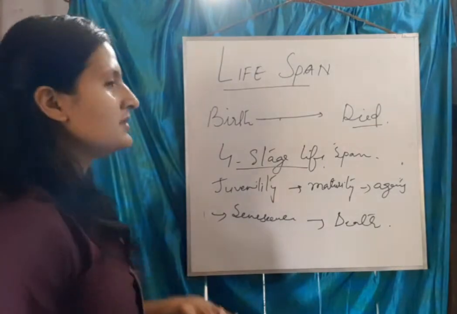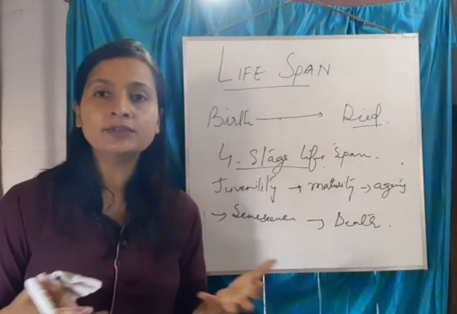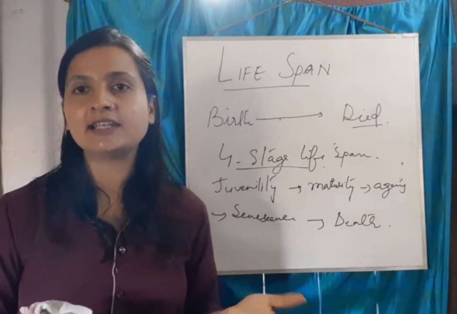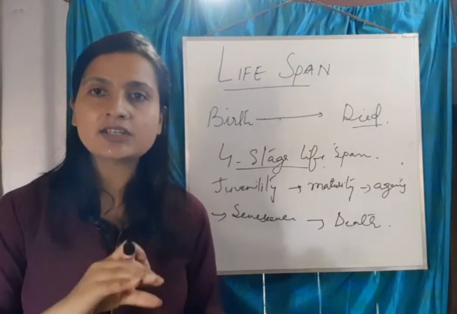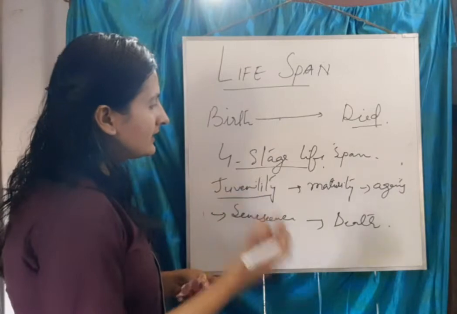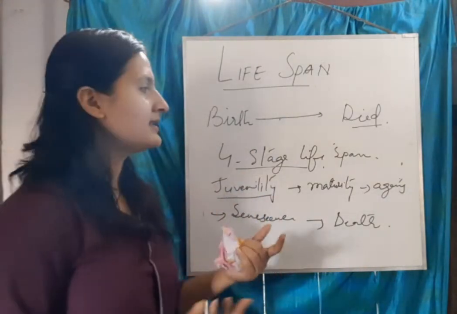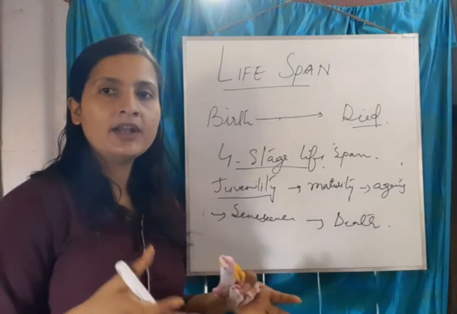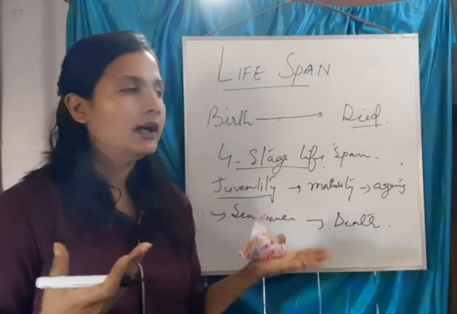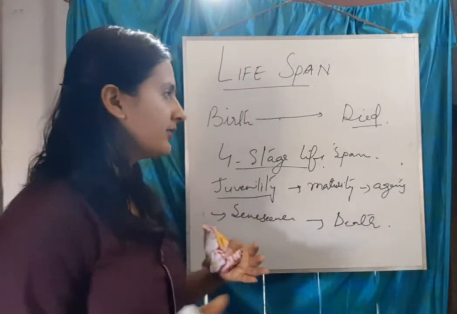So juvenility means, if I consider a human being, the age of 10, 12 years, you can say 13: 10, 11, 12, 13. This age is called your juvenility. Then after that a maturity period comes, or you can say adolescence, where people get matured, like you can say 15, 16 or 18, 19, 20. So this is a period, right?